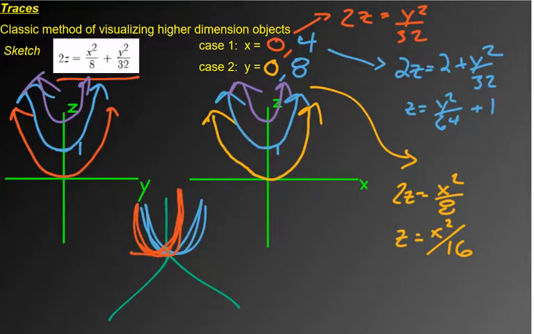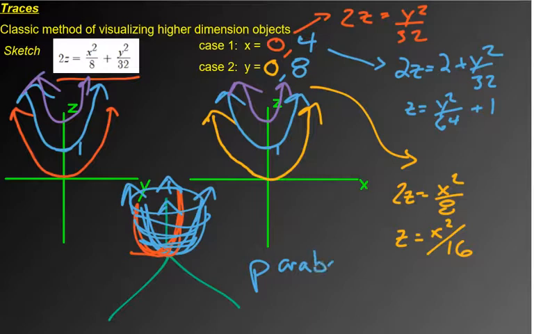And really, if you try, it's not a perfect picture, but basically what this is going to be is some sort of bowl like this. I mean, it's infinite. It's going to shoot up forever and ever and ever. It's basically an ever-growing parabolic bowl. And the way we call this thing is a paraboloid. And it's basically whenever you have two variables squared, but one of them's not, you're going to get this